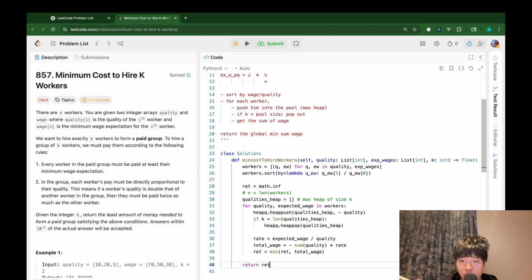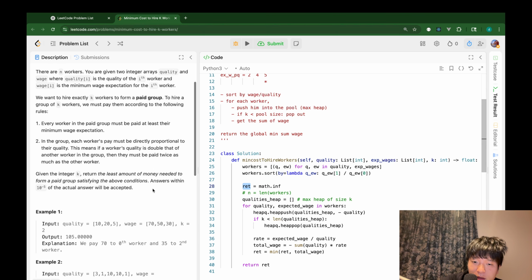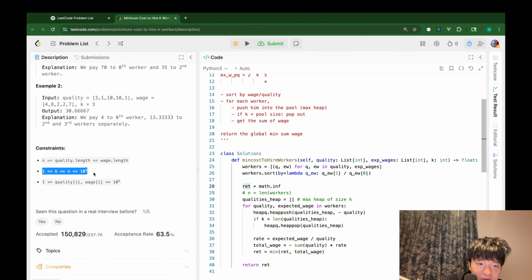So, yep, that's it. One thing I have to take care of is whether I can always pick k numbers and this return is not infinity. I can confirm it from here. N is larger than k, so this return is not max infinity. It's guaranteed. Okay,